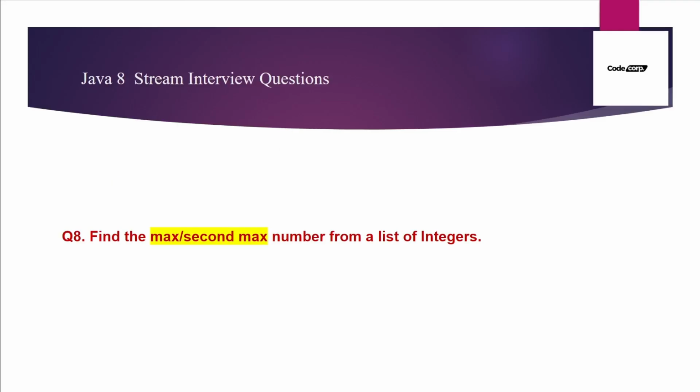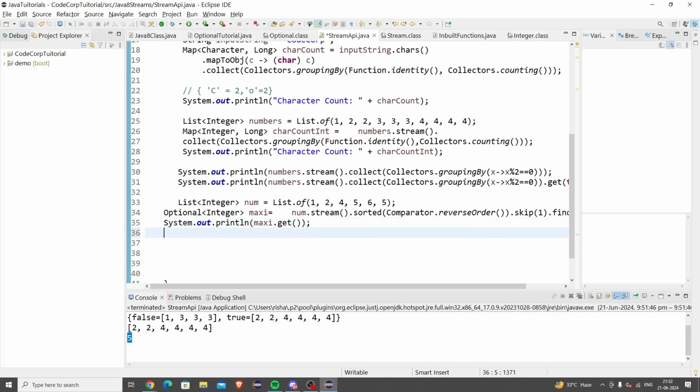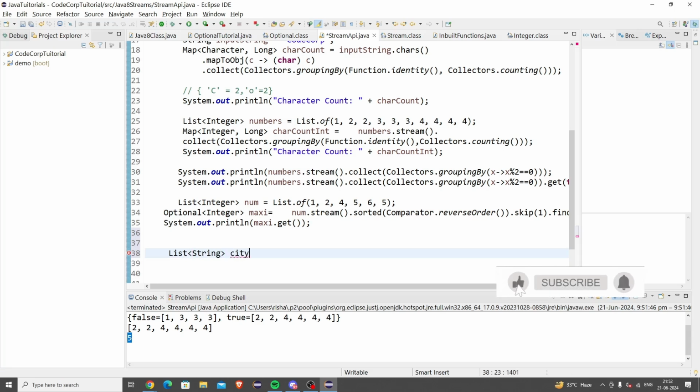Okay, so the next question is question number 9. Write a code to sort a list and append AAA using Java 8. We can do this by taking a list of strings. Suppose I take a list of city names, and I do List.of and Noida,